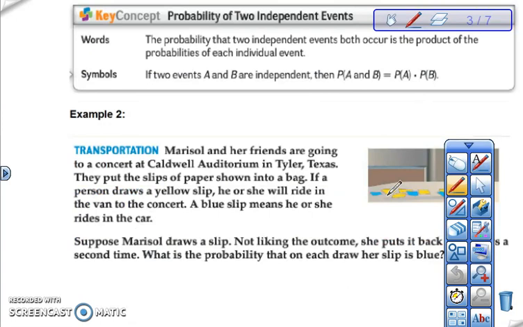Alright, so for two independent events, the probability that the two events happen at the same time is the probability of the first event times the probability of the second event. So again, you're going to find the probability of the two events, multiply your answers together, and that will give you your answer. So if we look at example 2,